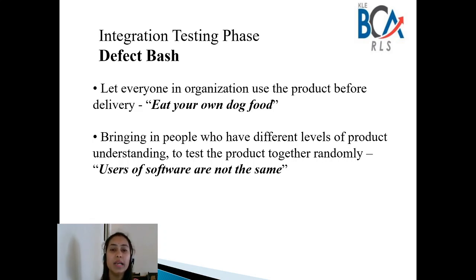For example, let us take Facebook. Facebook is used by many kinds of users. He may be a business person, or a job holder, or it can be used by a person who is jobless also. So the purpose of everybody is different. So you need to consider all the people in different segments and ask them to use the product before giving it to the customer.